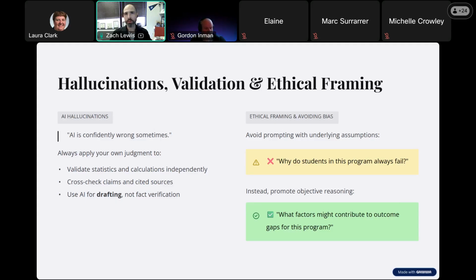We also want, to the extent possible, to try and avoid influencing the output of the model by introducing our own biases and subjective understandings of things. Oftentimes that will be necessary, especially if you're trying to dig into a particular point that you want to unpack or look at something from a particular lens.